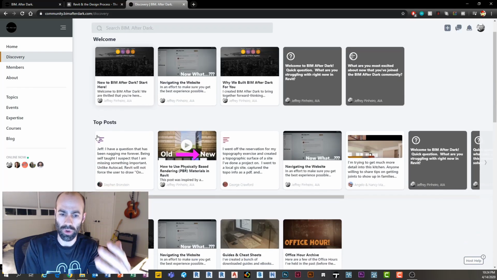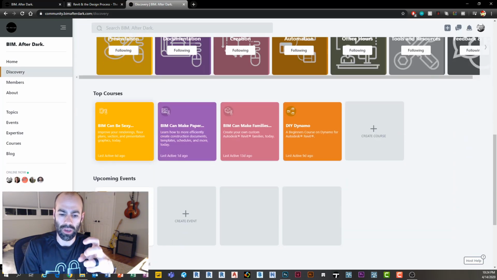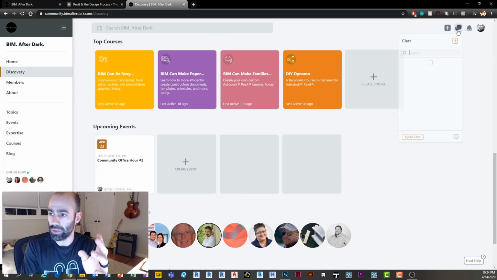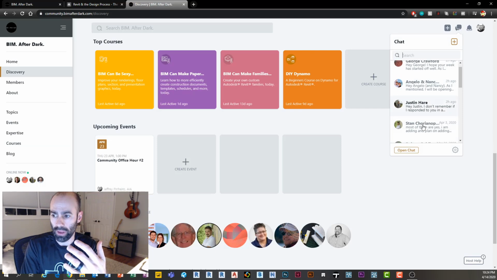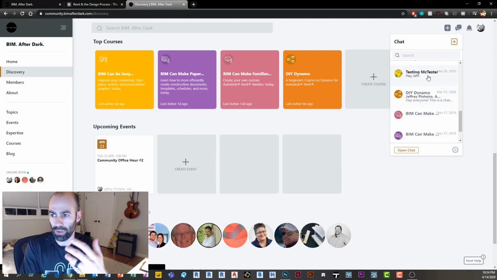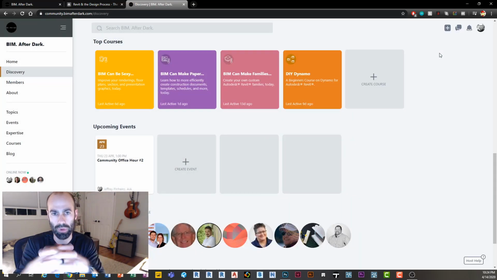There's welcome areas, there's top posts. You can subscribe to specific topics, so when people post about them, you get notifications, and then obviously events. There's also the ability to chat, so you can chat directly with members. Members can chat directly with you if you so wish, and it creates this community vibe.